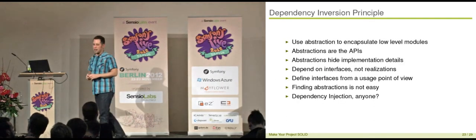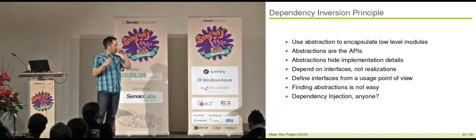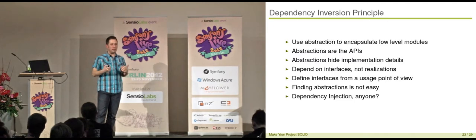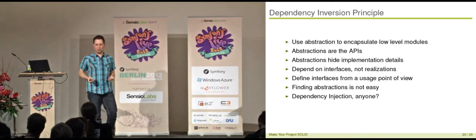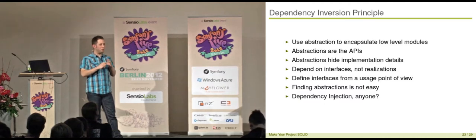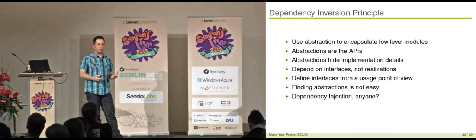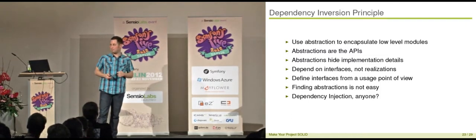So you should use abstractions in order to encapsulate low-level modules, and that is one of the most often occurring tasks which we do in everyday development, creating abstractions, encapsulating stuff so that it's easier to use. Otherwise we could just write spaghetti code, because we do everything on our own anyway. So we do object-oriented programming in order to hide the complexity behind a facade, behind something that we can easily use and which makes it comfortable and secure for us to use. And if you do stuff that I've shown on the slides before, then you completely destroy that idea.